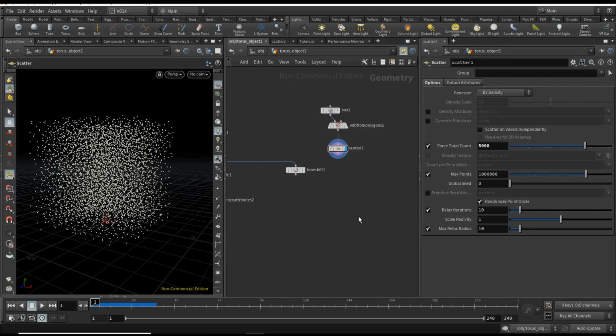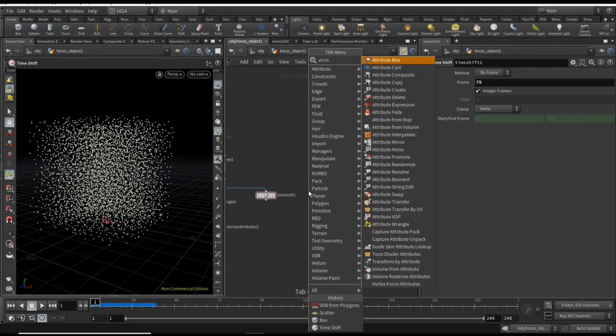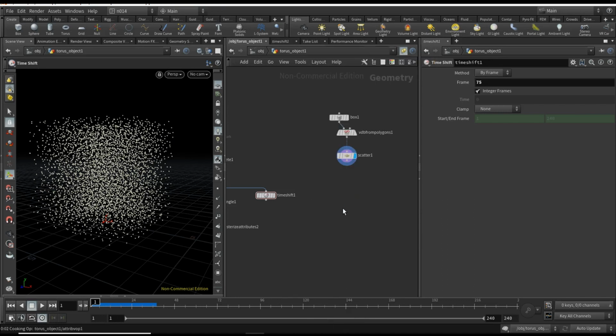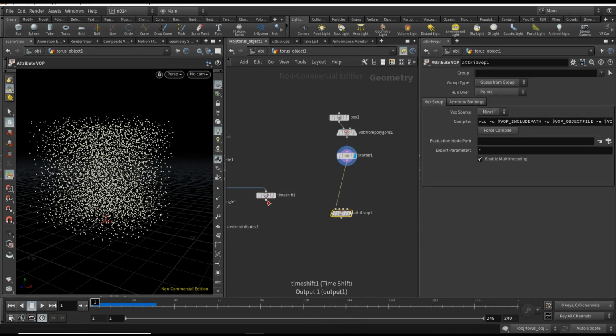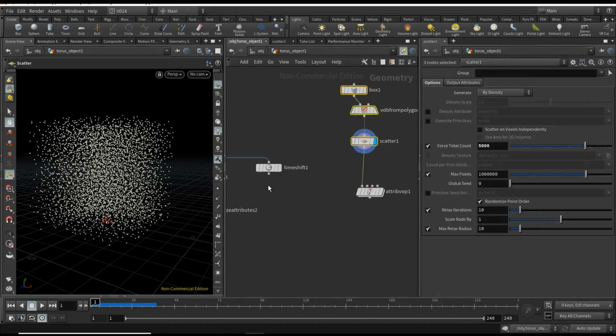Now these points will share the velocity values from particles, and for this we will take an attribute wrangle. This is going into first input, this is second input, and